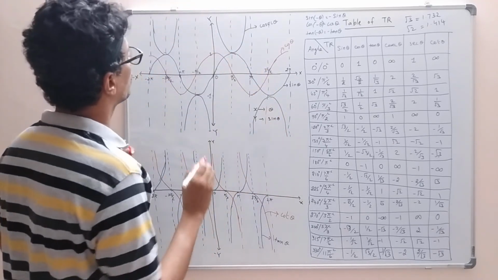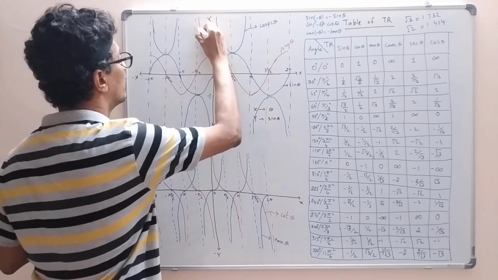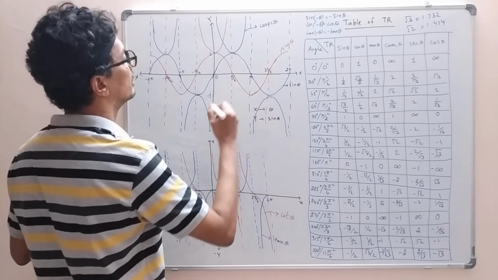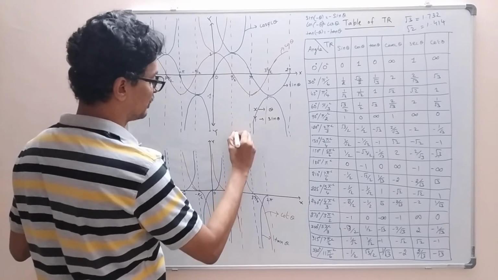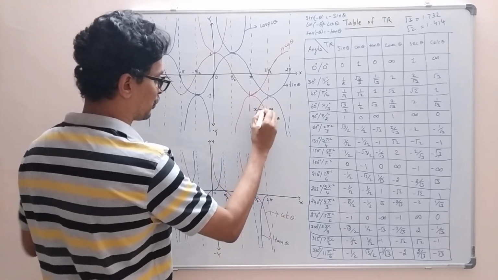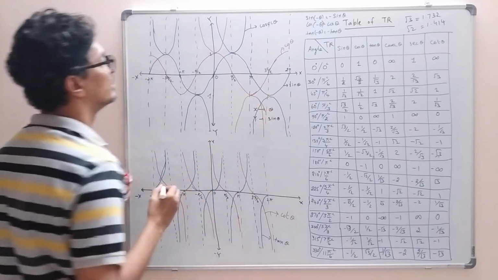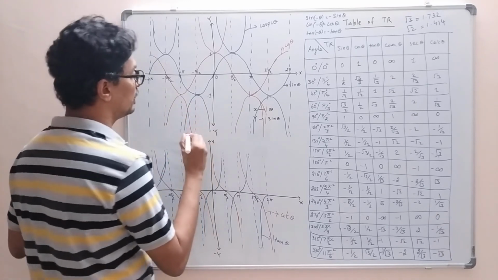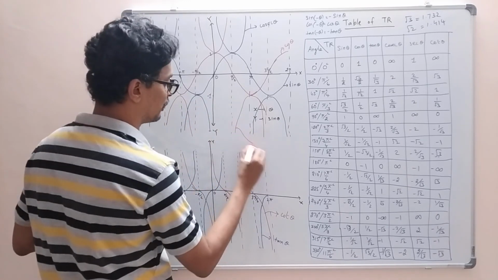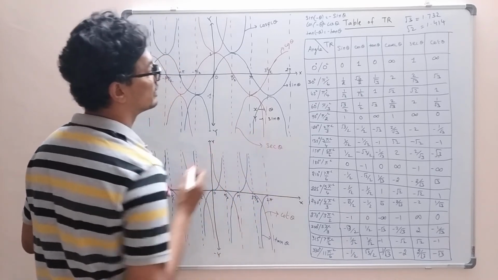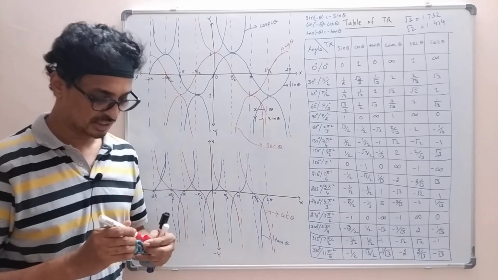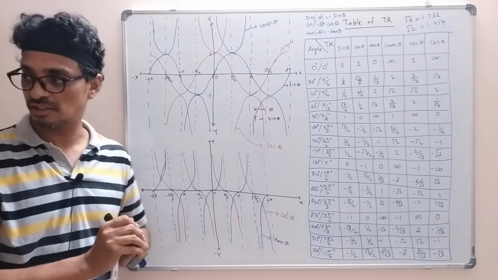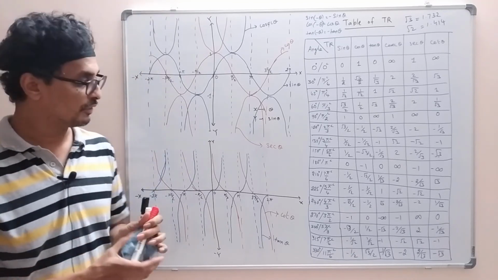Okay, yeah, so then what will it be? So this will go like this. Good? And then again from here, and yeah, it is negative. Okay, so this will go like this. Okay, and here again this will be going like this. So this curve is your sec theta. Okay, so this is how the graphical representation of trigonometric functions will look. Okay, so